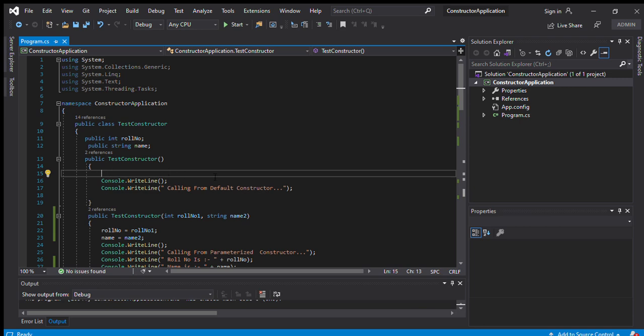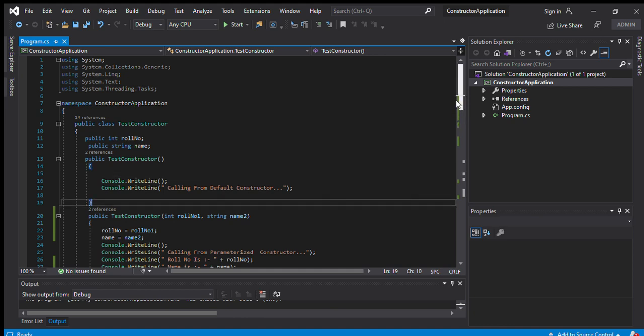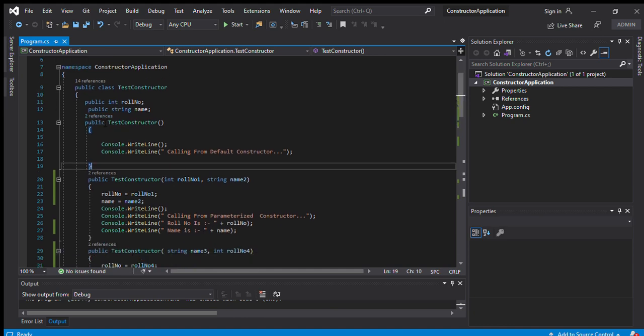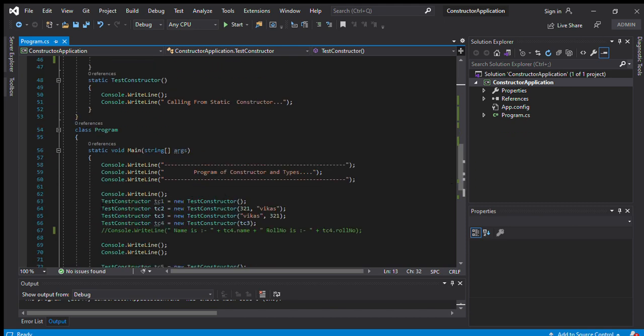Now, when the object of TestConstructors is created, the default method will be called automatically. Here is an example of TestConstructors. Here I declared one class object named tc1. There are no parameters, because I have declared it as a default.